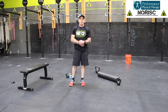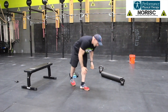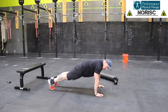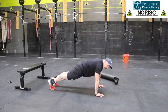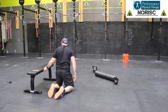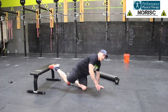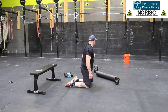Some of my favorite shoulder strengthening exercises are very simple in nature. The first one is just doing isometric holds. So finding the top of the push-up, make sure the shoulder is stacked on top of the wrist, keeping the belly tight, and holding for a variety of time points. You can make this more advanced by bringing in a bench or a box or a chair and putting more weight on the shoulders, and you can progressively load the height, which is going to progressively load the shoulders. Another exercise